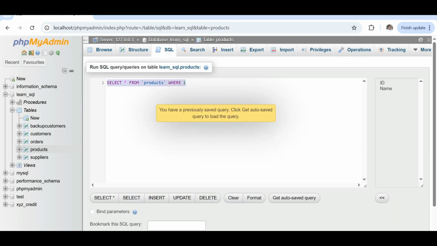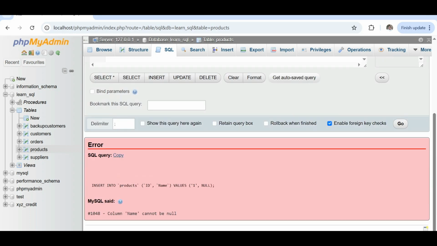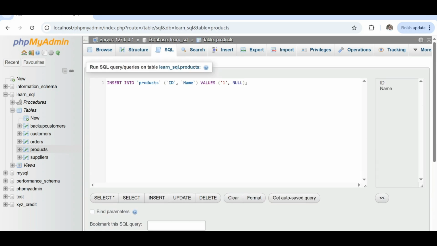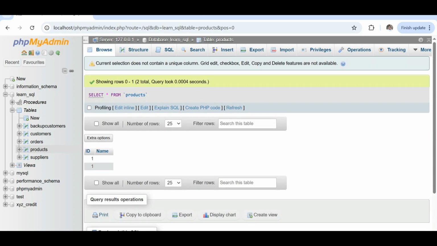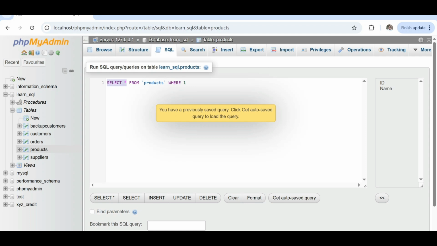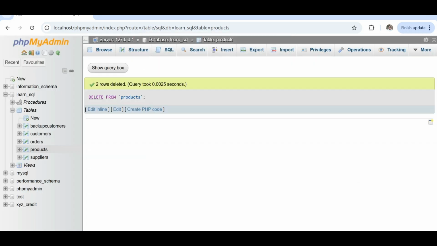Sorry, maybe like this, null. And right, the column name cannot be null. Okay, I will delete from products, and go.